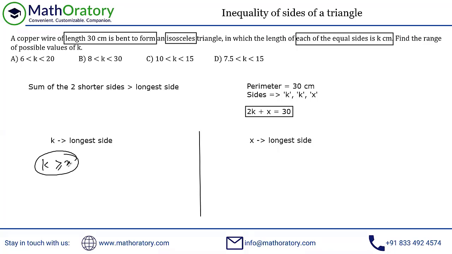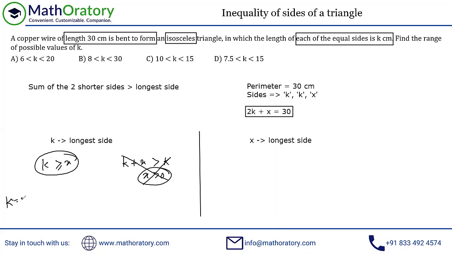So considering this, we know that the sum of the two shorter sides. So what to consider the shorter sides? By the way, k is the longest side. There are a couple of k's out here in terms of the sides. So consider any one of them as the longest side. So the other two sides are k plus x, which is greater than k. But this will always happen, isn't it? x has to be greater than 0 any which way. So all you have to justify is k greater than or equal to x.